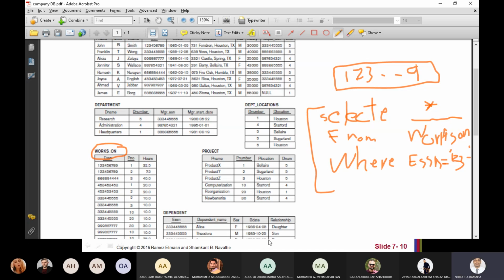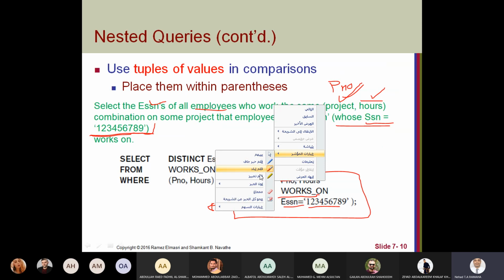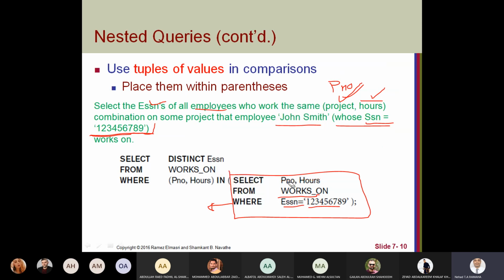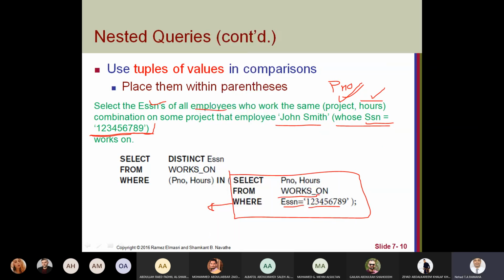Okay, what we said here. In our example, we need employees that work on the same project. This means same project number, same number of hours. So we need to return not all works on, we need only the project number and hours for John Smith.